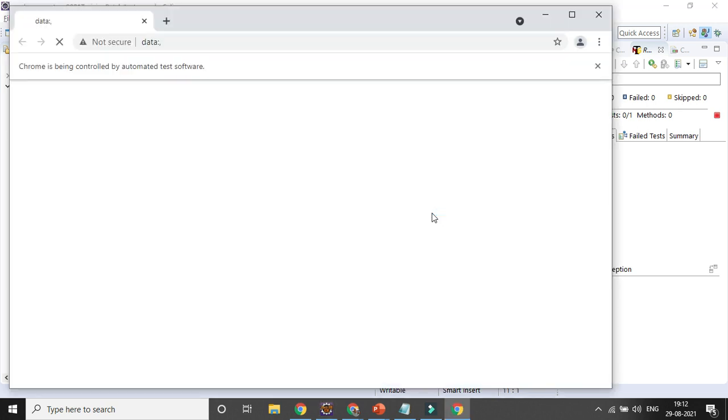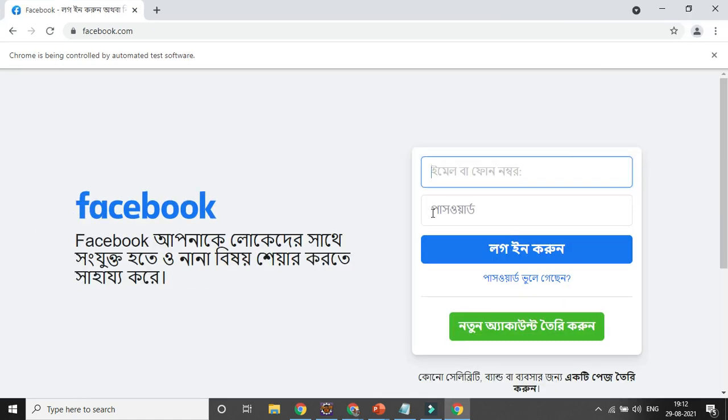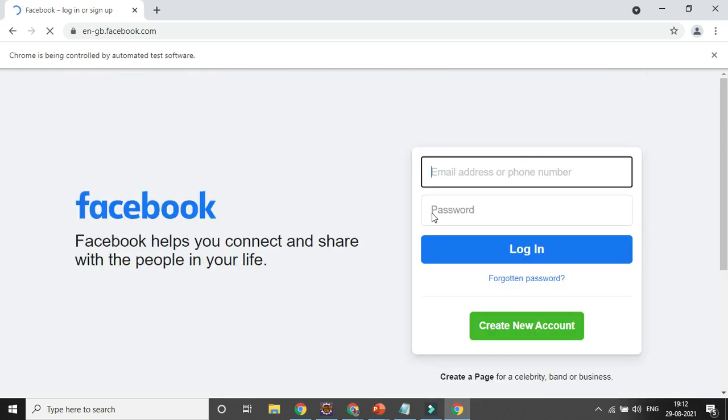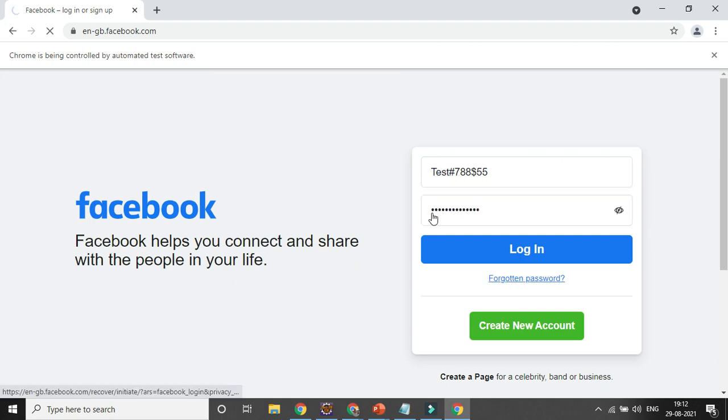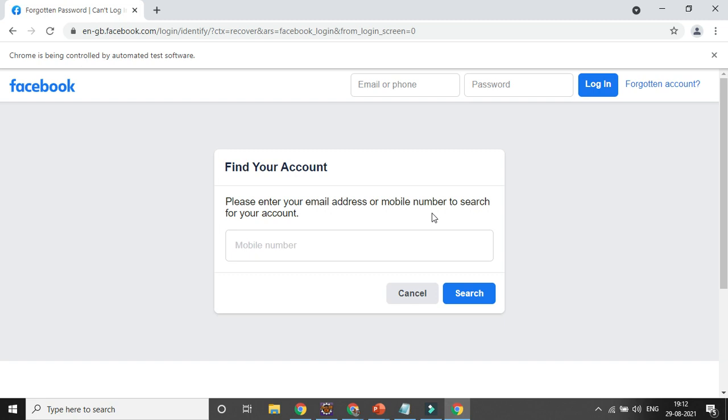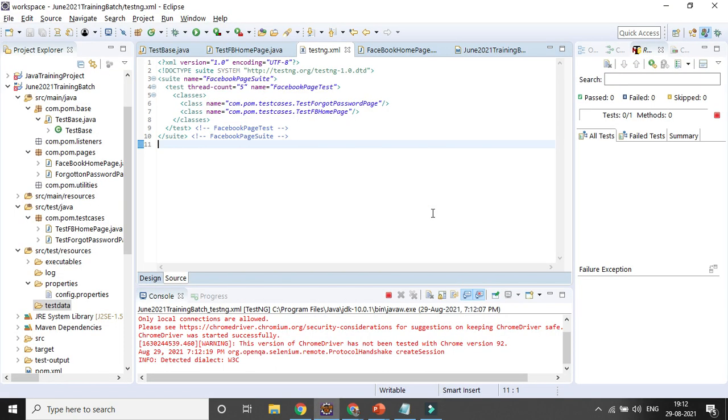During framework development, you might have some challenges, but if you do some R&D, you can definitely try to resolve them. Another challenge is that day to day technology is changing. Three months before, whatever I had tried to cover is not running right now, so every time I have to spend some time to debug the code. Whatever project you are developing, it does not matter which language or which framework you are using, there can be some challenges down the line because Selenium is changing.